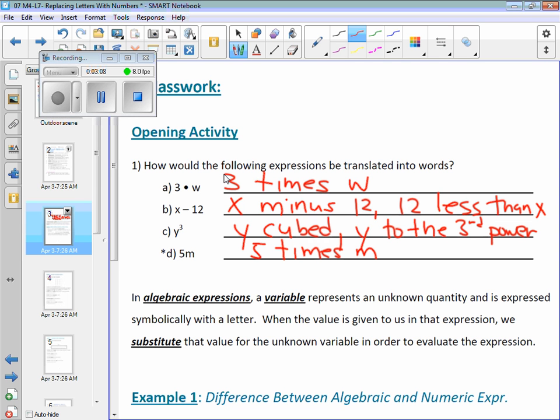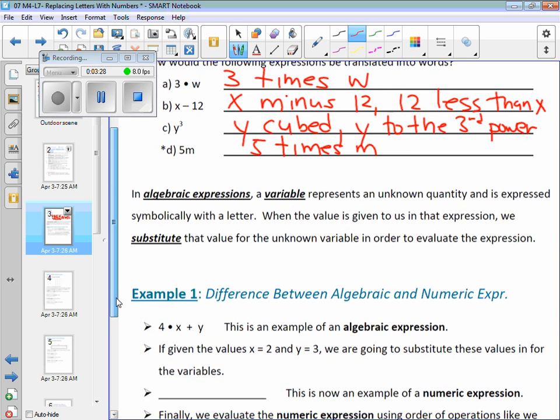When we do algebraic expressions and we solve for missing variables, we're going to follow the same format, the same steps every single time. So I need you guys to repeat after me. Say the words substitute, evaluate, which means get an answer, and units. For instance, if we scroll down,